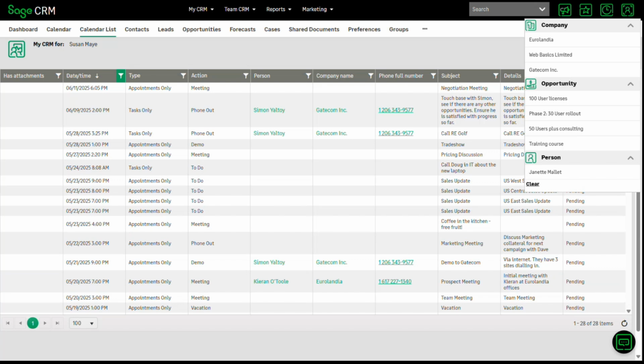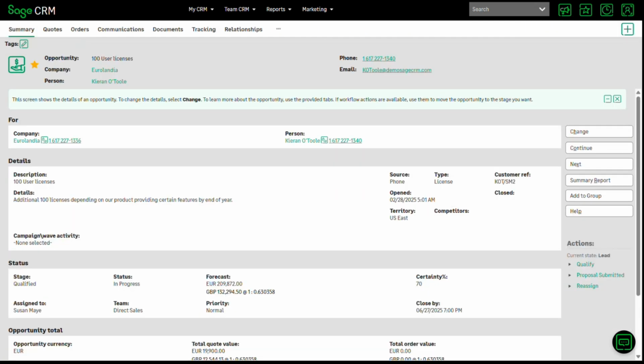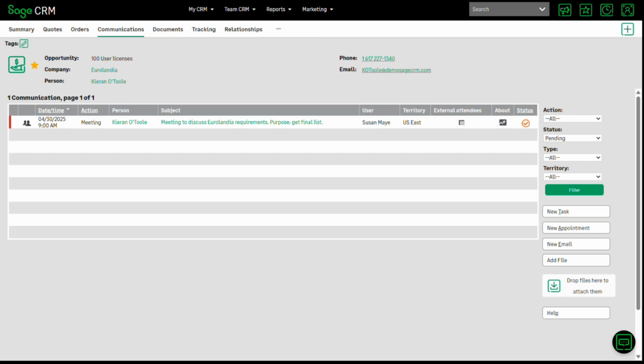Now, in this case, I'm going to switch across to a pre-existing opportunity. I've opened up my recent list and I'm going to click on one of the opportunities. And you can see I've come down into the 100 user licenses associated with the company Eurolandia and the contact Kieran O'Toole. So this is the opportunity summary screen. We can see that there is a tab there called Communications, and I can click on Communications, and this will show me any of the appointments, the tasks associated with this particular opportunity,